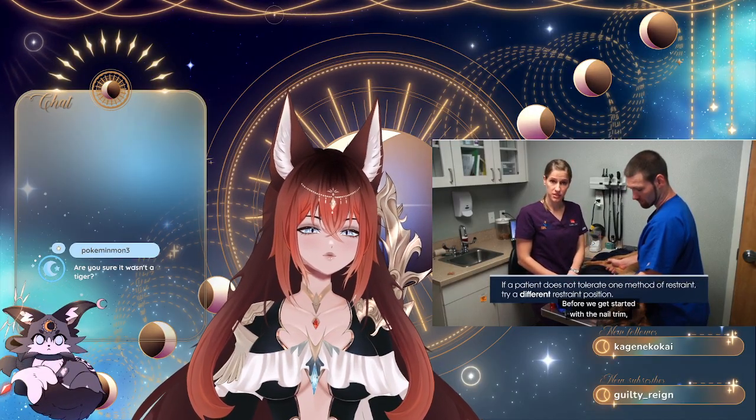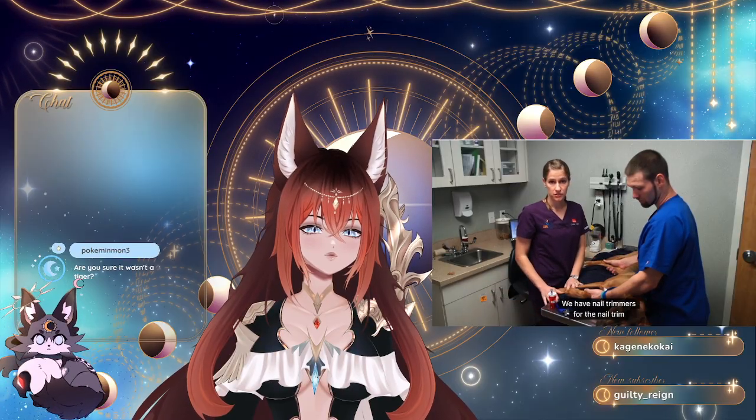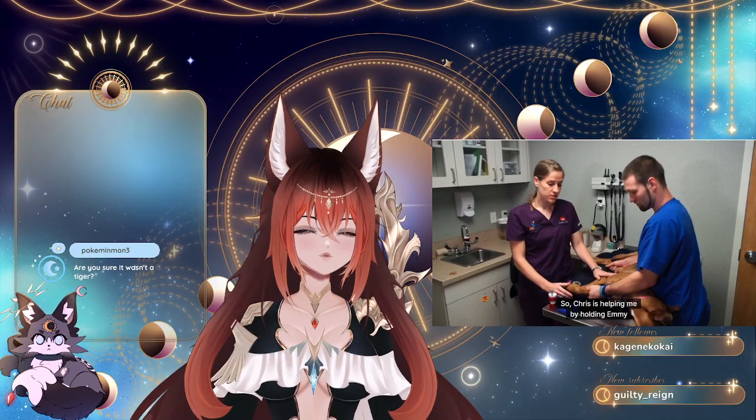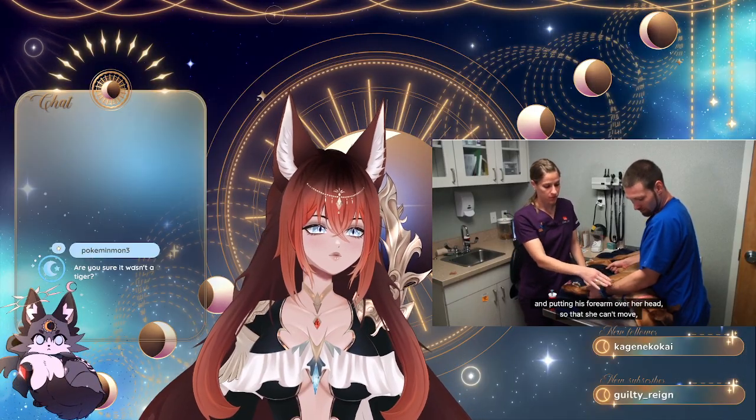Before we get started with the nail trim, we'll make sure all of our equipment is ready. We have our nail trimmers for the nail trim and then our quick stop just in case we happen to get the quick. So Chris is helping me by holding Emmy and putting his forearm over her head so that she can't move,